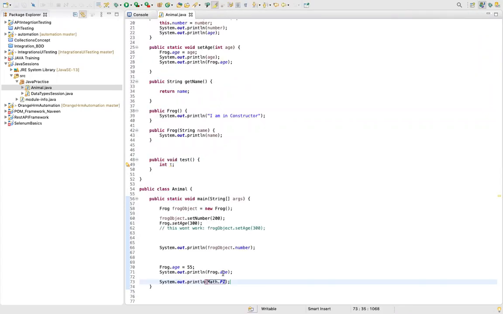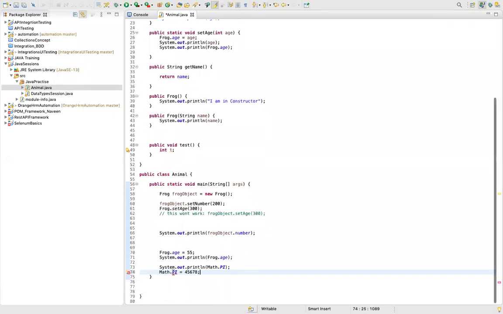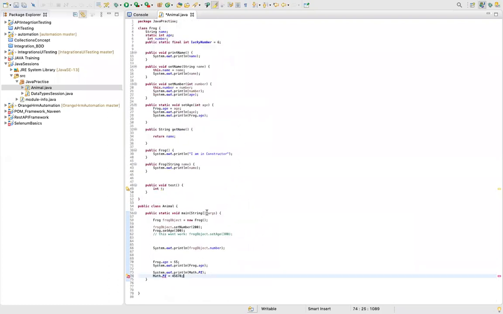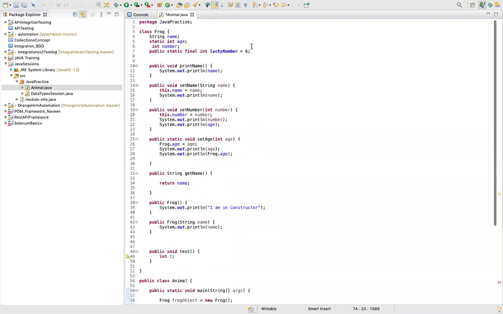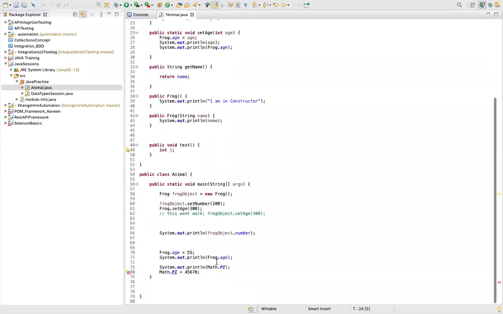Now you cannot change the value of this pi. If you say Math.pi equals something, it is not allowed: the final field Math.pi cannot be assigned. So let's assume you have a particular number and you don't want the value to be changed from any other classes or objects. You can keep that variable as final. So this won't work.